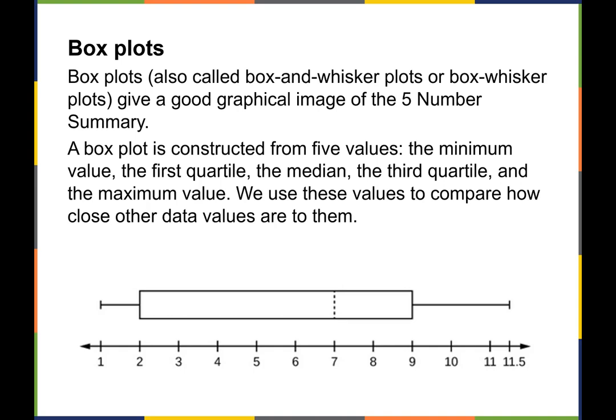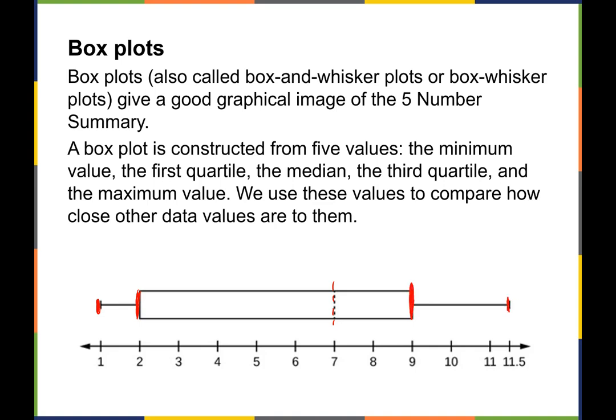So a box plot is constructed from the 5 number summary values. The first value is the minimum value, and you'll see that right here. That's this left wing. The next one is the first quartile, so we draw a bar here at 2. The median is drawn with a dashed line here at 7. The third quartile is up here at 9 on the right side of the box, and the maximum value is